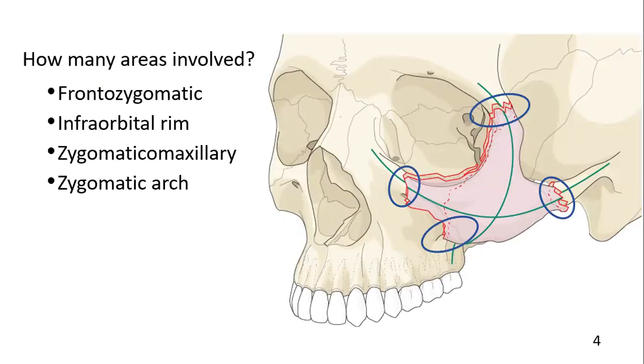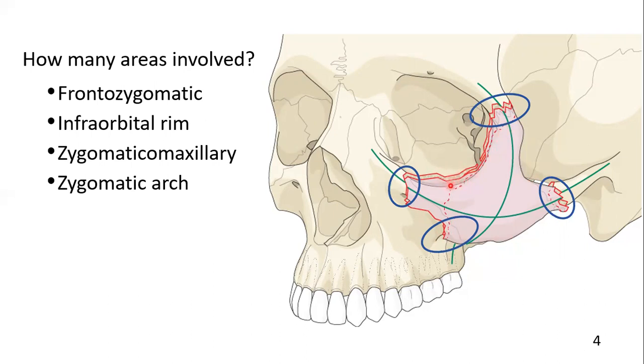Now, the first question arises: how many areas are involved in the zygomatic complex fracture? It can involve only a frontozygomatic area, infraorbital area, or it may involve the zygomatico-maxillary area or zygomatic arch area. The treatment will depend upon how many areas of the zygomatic complex fracture are involved. And apart from these 4 points,